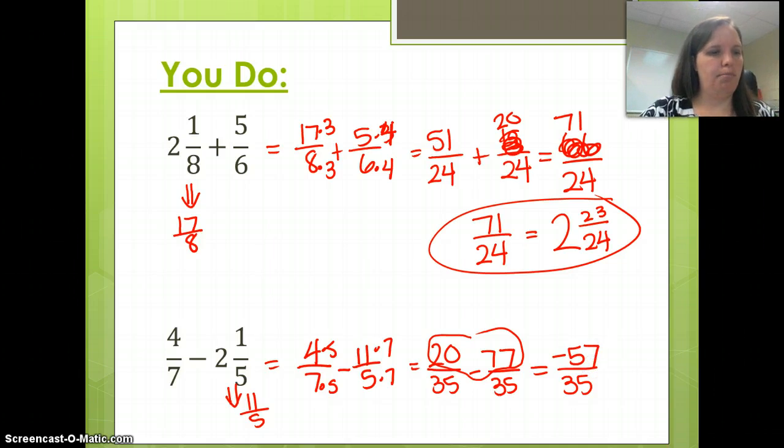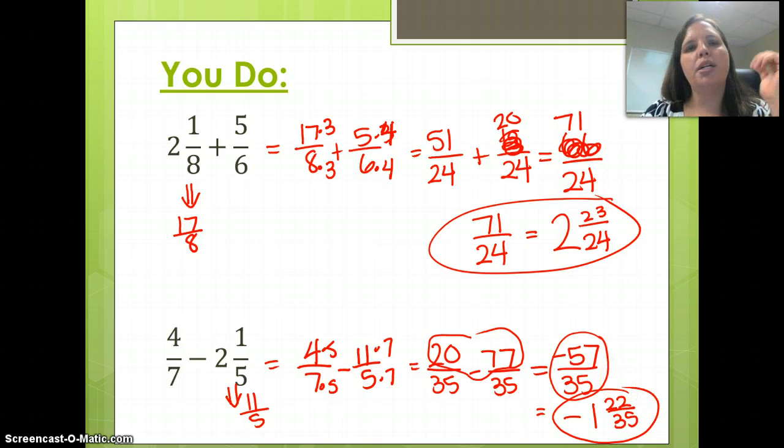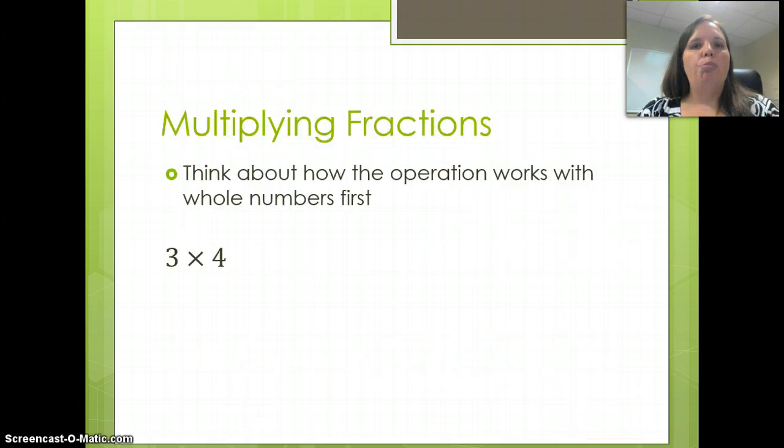Just double checking myself. Negative 57/35, and 57 is a prime number. So that's an answer. Or negative 1 and 22/35 left over. Either one of those answers would be acceptable, but just reminders about our fraction operations there for addition and subtraction. Moving on to multiplying and dividing, I just want to relate this back to what you've known